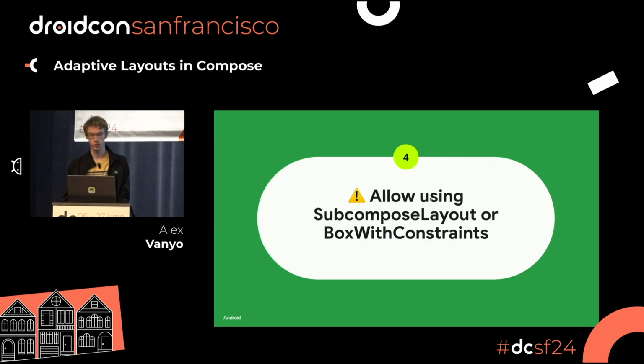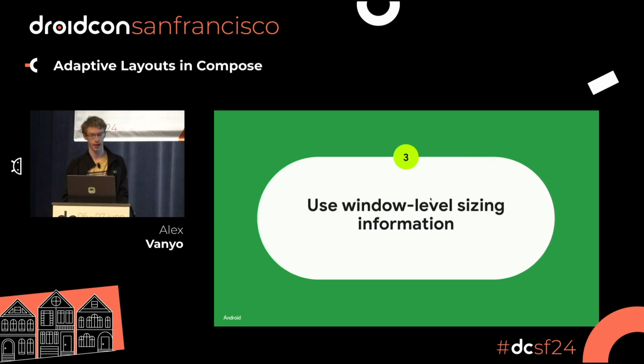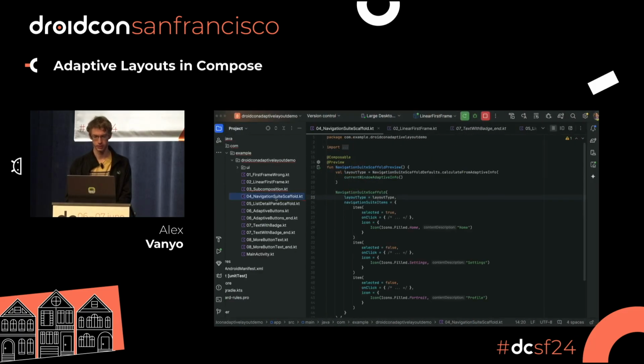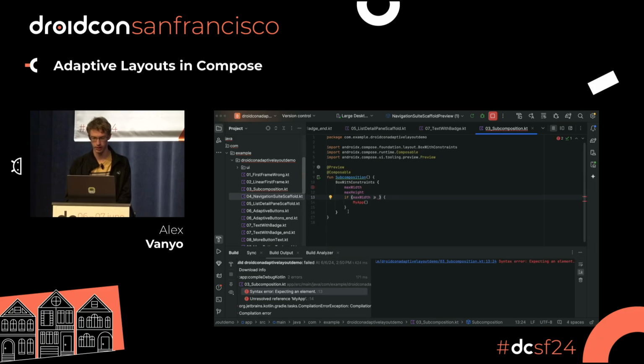So the two more options you have, and one is to use the window level sizing information. And like I mentioned earlier, this bypasses kind of all the issues because it's stuff that we have during composition time that's not based on the local size information. So this is how the navigation suite scaffold and list detail pane scaffold for Material 3 Adaptive, newly released in beta, work. So the navigation suite scaffold, which will show a navigation bar or a navigation rail depending on